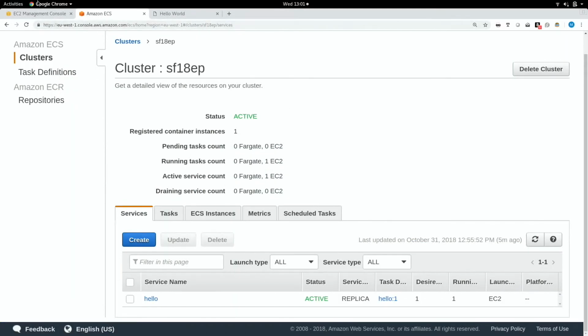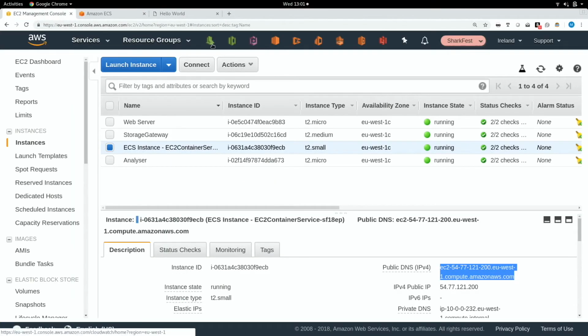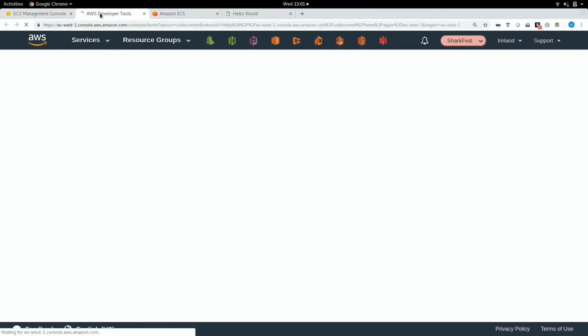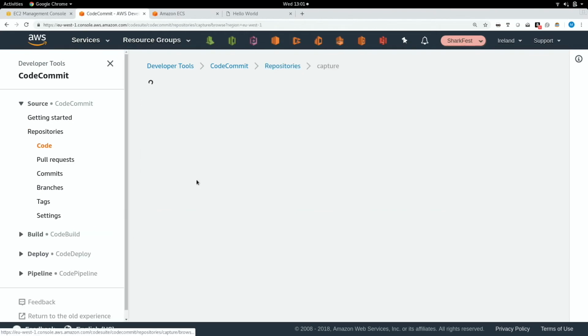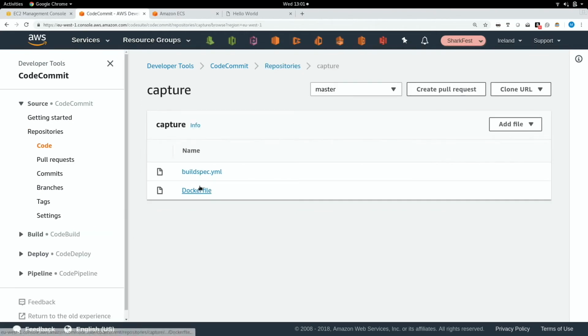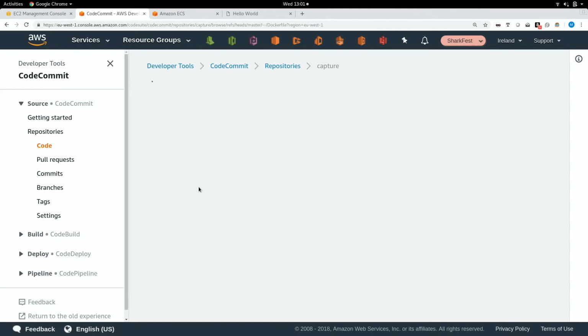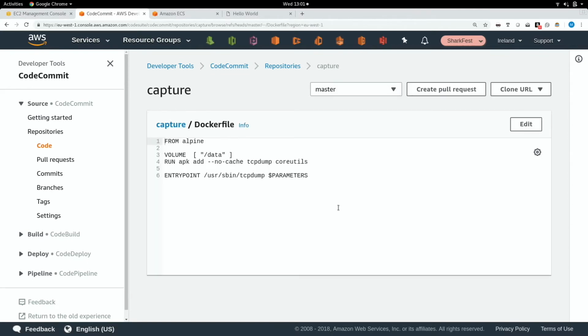So we've got in source control, in CodeCommit, a Docker container that is built from a Dockerfile. It's just a standard text file, and it's 4 lines of code in here. This is how we can create our capture container.